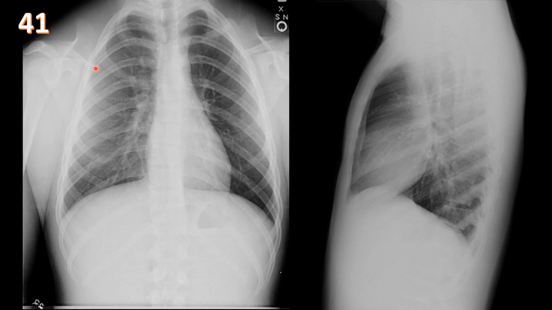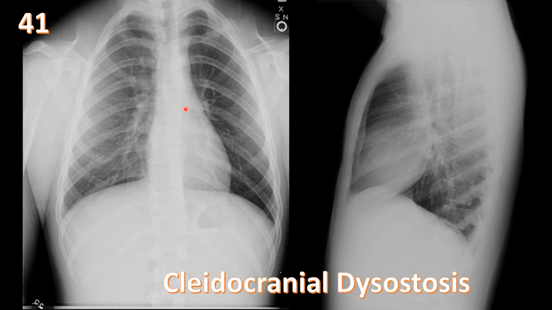So here we have AP and lateral views of the chest, and we see that there is no clavicle on the right side and there is a hypoplastic clavicle on the left side. Whenever you see that there are no clavicles in a chest radiograph, you have to think about Cleidocranial Dysostosis or dysplasia. And this is an autosomal dominant genetic disease that is pretty rare, and it's a problem in the membranous